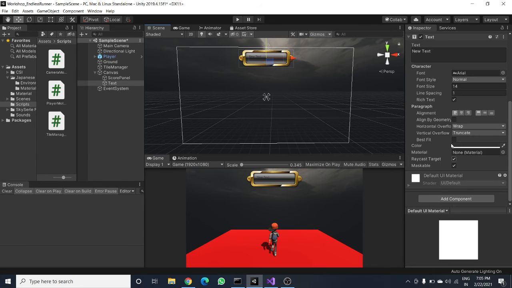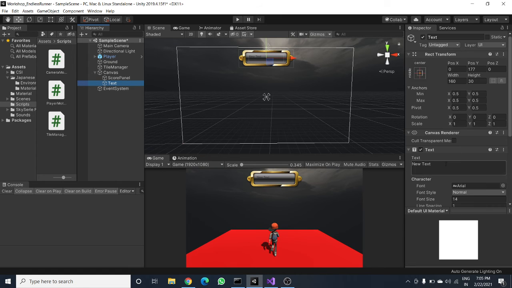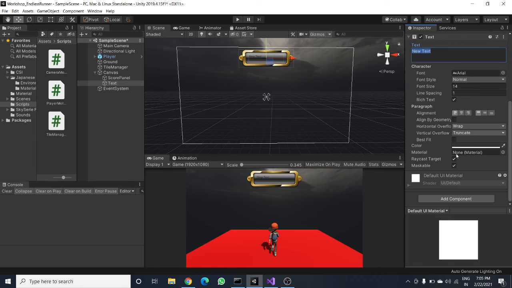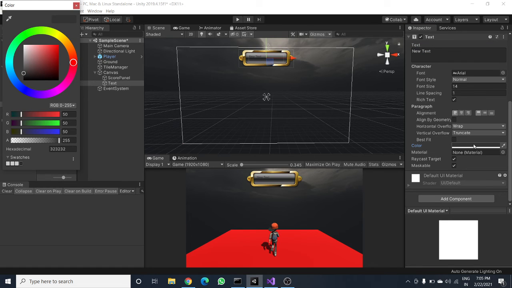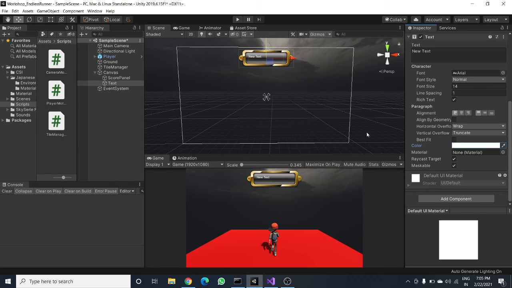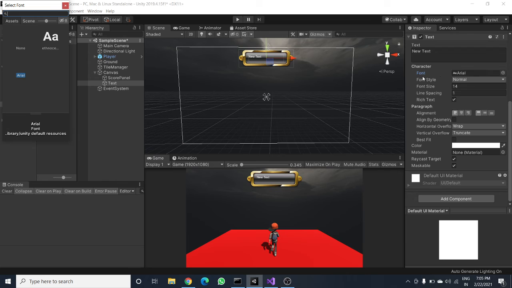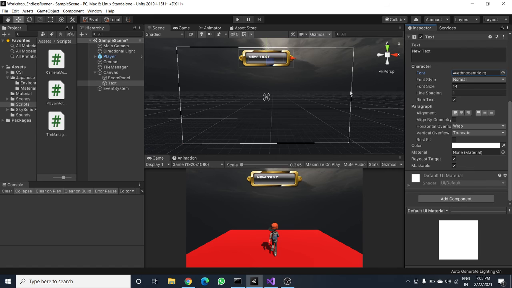Now I want to change the color so that I can see it. Click on the text. You can see the text has many properties, but right now let's create this color. I am clicking on the color and making it white. Now I can see this particular text over here. I have provided you some cool fonts. Select Ethnocentric and then hit on this. Now I want to increase the font size a little bit, to 13, and this particular option tells us the alignment. I want it aligned at center, and so this will display our text.